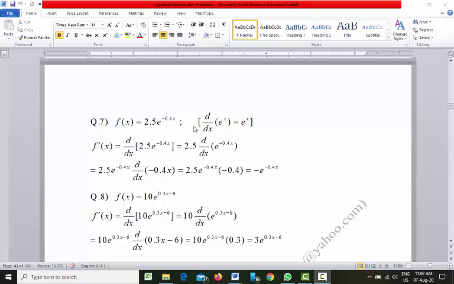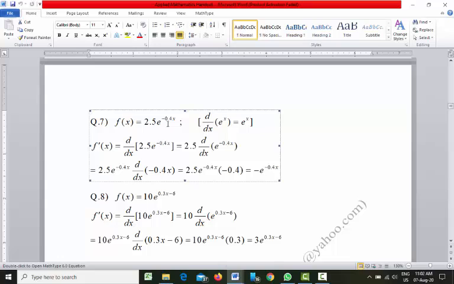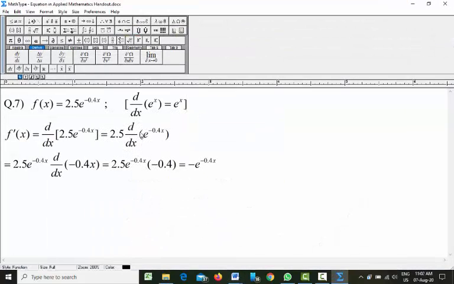Right. So in problem set 9.1 what we have is we want to do differentiation of e to the power something. So if you want to do differentiation of something like that, always remember: differentiation of e to the power x, where x is the variable, you will get exactly that one back.